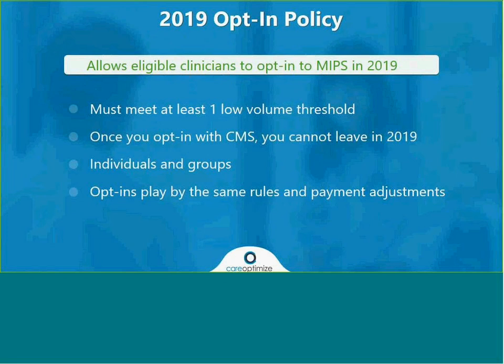However, once you opt in, you cannot opt out for that year. So please think about that really carefully. If any of you have providers that would meet this criteria, it is applicable whether you want to do it on an individual or a group level. But remember, you will be eligible for the bonus. You will also be eligible for a negative adjustment. So keep that in mind. If you think you can do well, by all means, go for it. If not, I would urge you to be very cautious. So that is a new policy that they've passed for 2019.